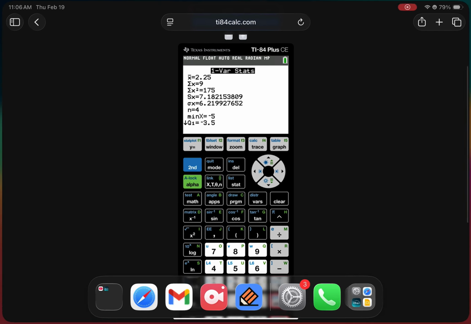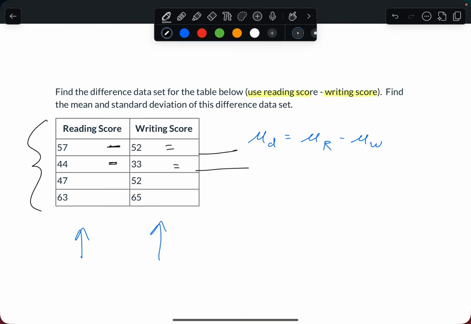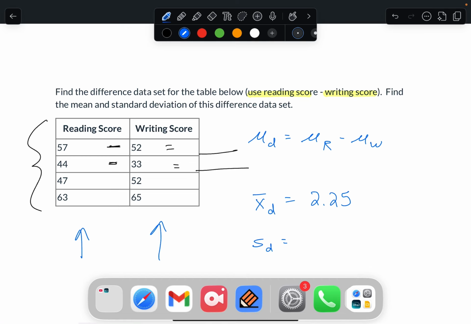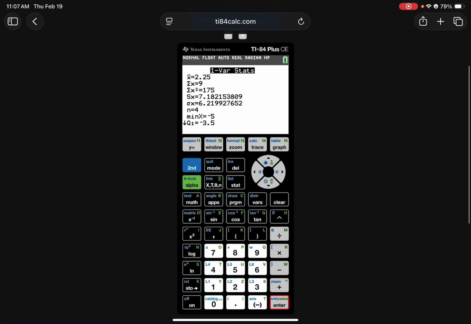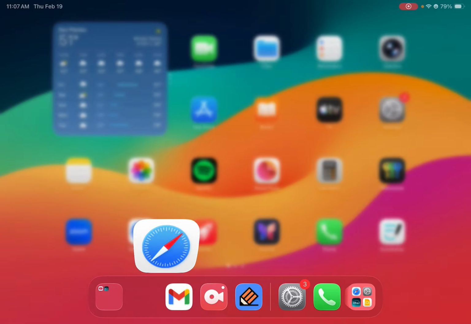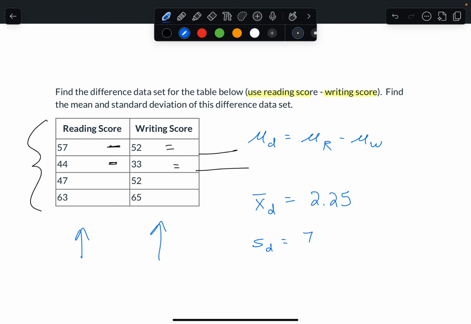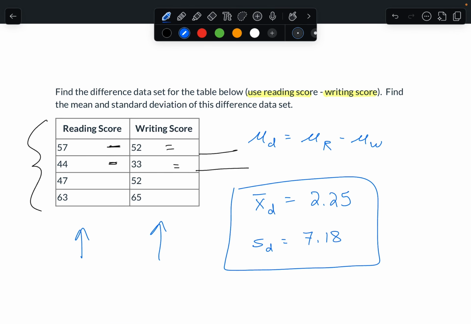So I'm just going to go back and make a quick note here. x bar, the mean of the differences, and I always like to write that little subscript of d to remember we're working with differences. So we said that was 2.25, and then the standard deviation of the differences, I have to go back and check here, we said 7.18. We're looking at s, so 7.18. So this is going to be a really important step in